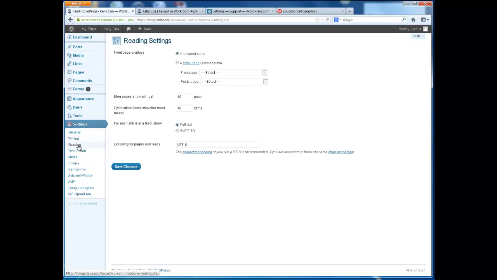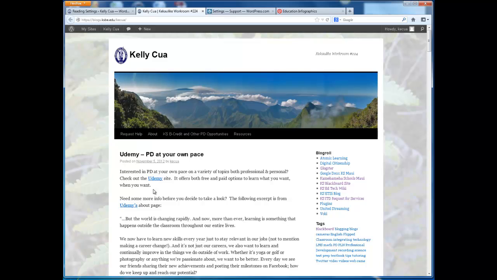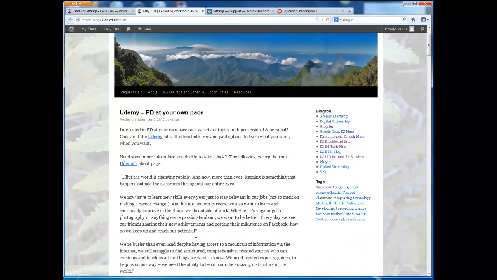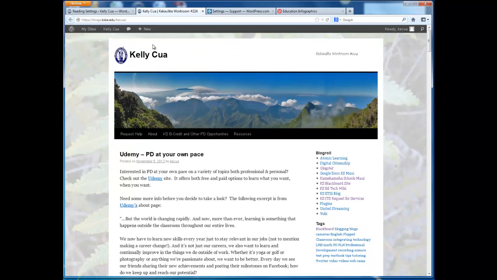Under the reading section, this would change how your posts are displayed. Currently, the default is to have your posts post to your home page, that is the main page of your site. You can change this. So I could put these posts on any of these static pages I